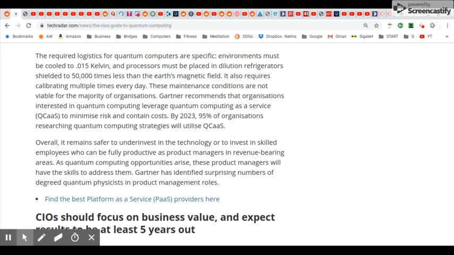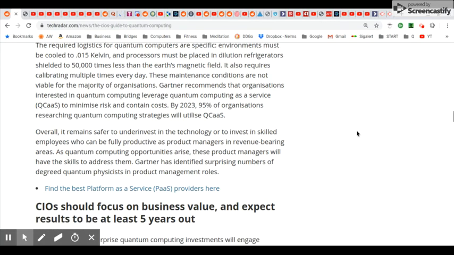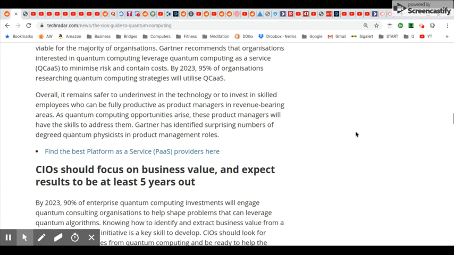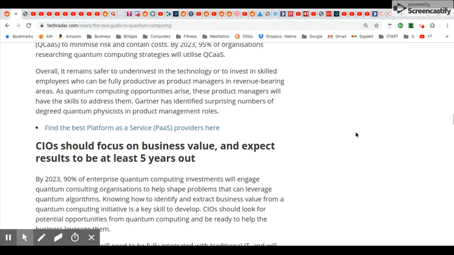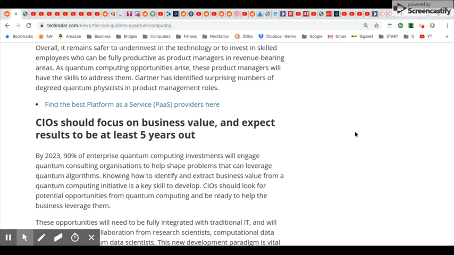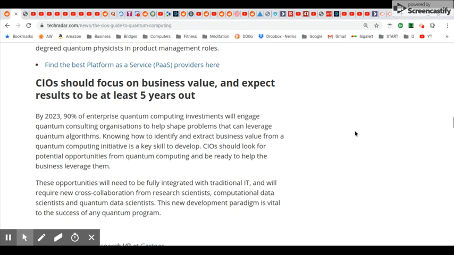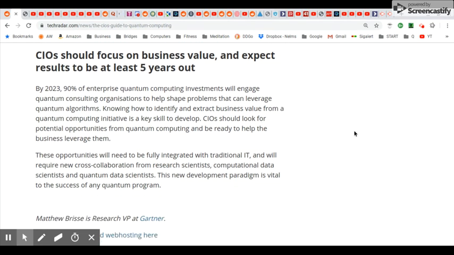As quantum computing opportunities arise, these product managers will have the skills to address them. Gartner has identified surprising numbers of degreed quantum physicists in product management roles. CIOs should focus on business value and expect results to be at least 5 years out. By 2023, 90% of enterprise quantum computing investments will engage quantum consulting organizations to help shape problems that can leverage